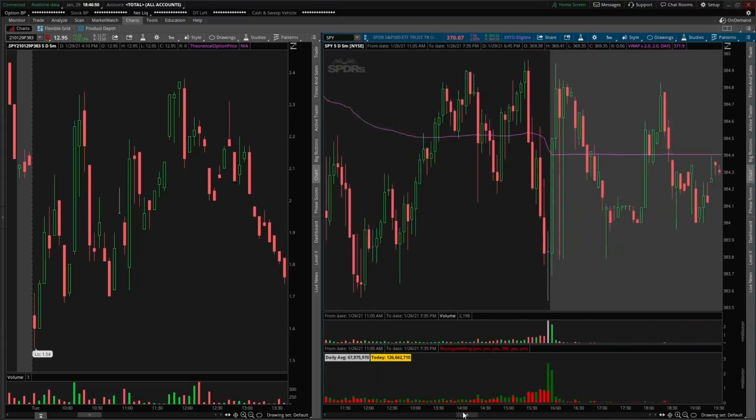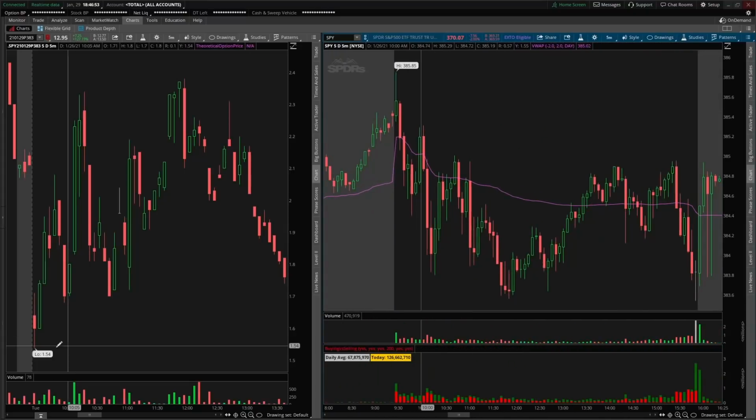If I go back here, so here are SPY puts again. These went from a low of $1.50 to a high of $2.40. So only 90 cents the whole day on these contracts, and SPY only moved $2. So you're going to have to trade a little differently on days like this, especially if you're trading options, depending on the time of day, depending on the volatility, depending on a lot of different factors with the Greeks. So you have to just be aware of the volatility, understand your risk tolerance, make sure that these crazy price swings affect how you actually trade the market,